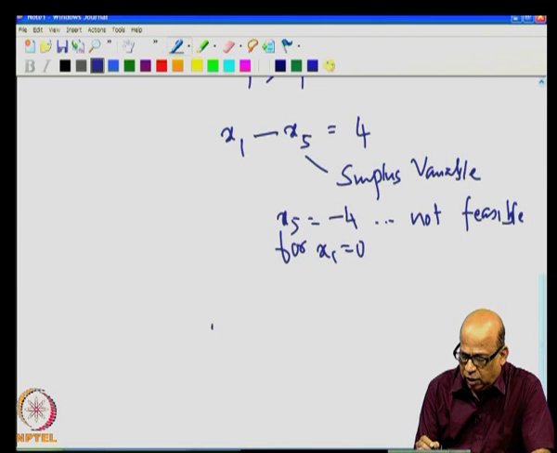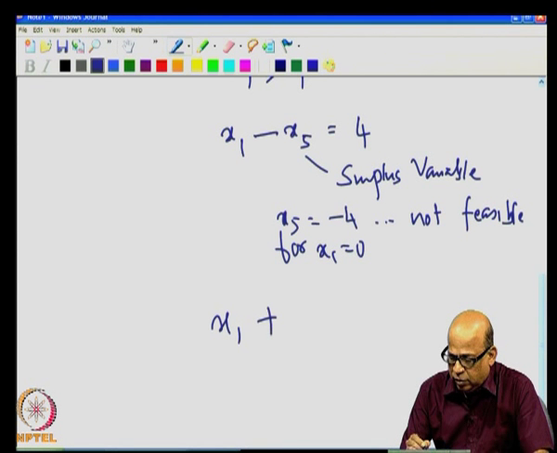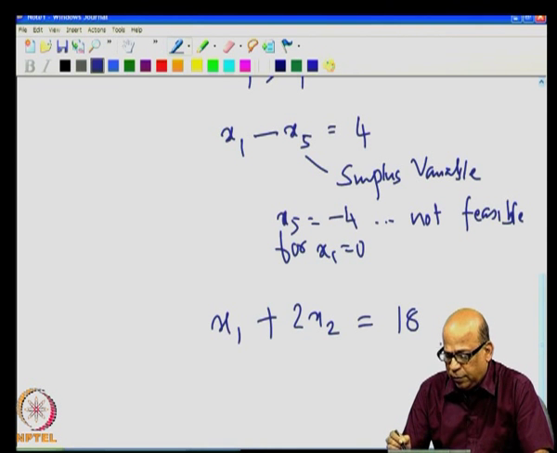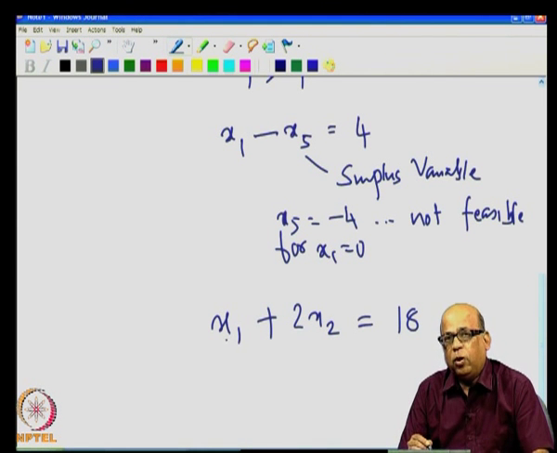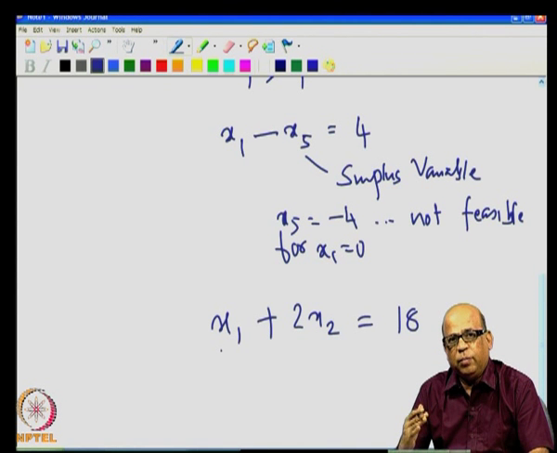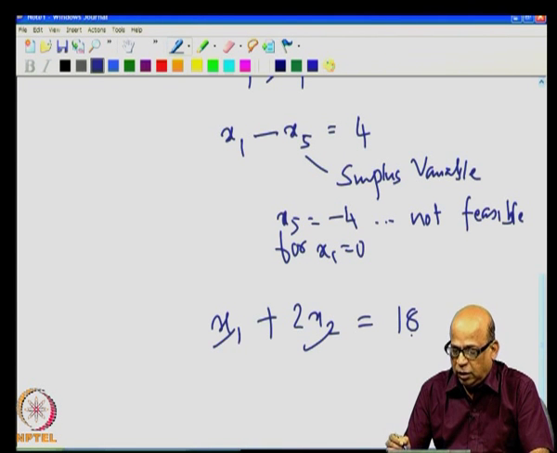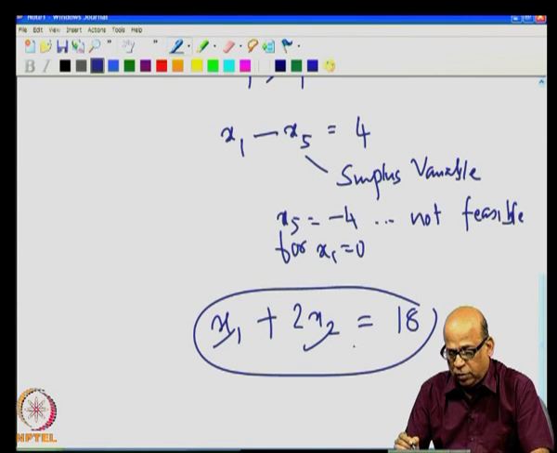Similarly, you take a condition where you had x1 plus 2 x2 is equal to, let us say 18. This was the constraint, and you are setting x1 is equal to 0, x2 is equal to 0. These are the original variables. So, you wanted to start the simplex algorithm by setting the original decision variables to 0. Therefore, you would have put x1 as a non-basic variable, x2 as a non-basic variable, which means they will take a value of 0. Then this becomes infeasible because of this constraint, that is, you had an equality constraint.